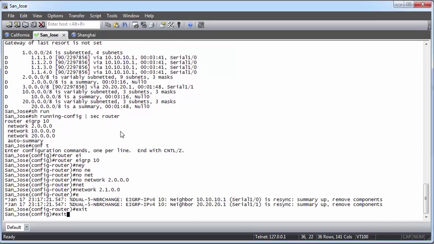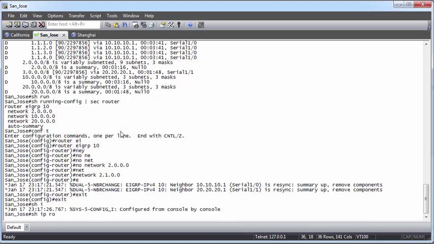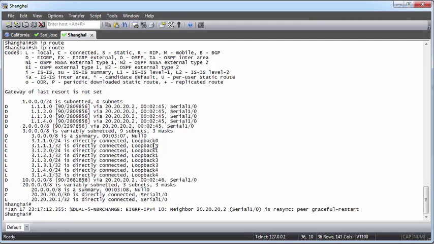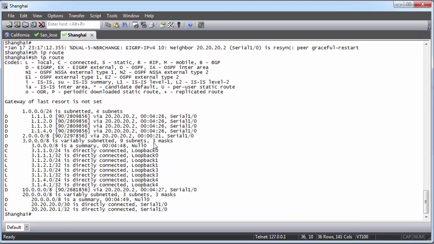Let me go to the routing table and verify the routes. Now the router 2's loopback information, you can see it in the routing table. Let me check on the neighbor routers also. If you see, it has learned the router 1, router 2 and router 3 configuration. Okay, so this was the basic lab on EIGRP, and thank you for